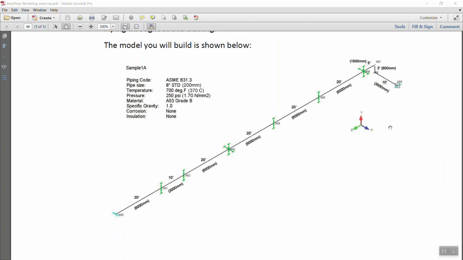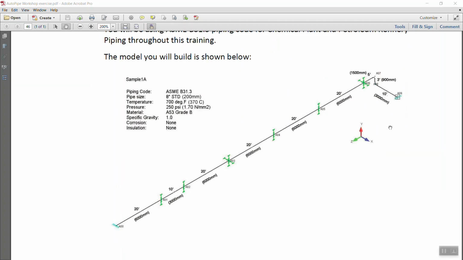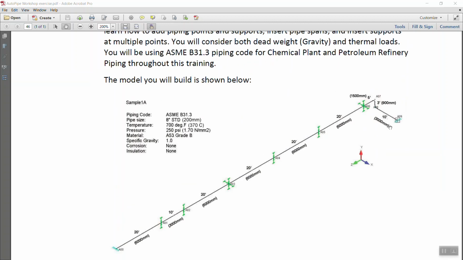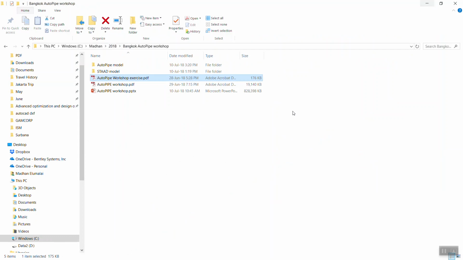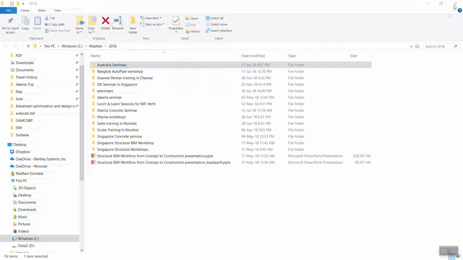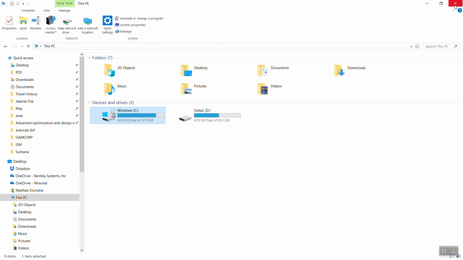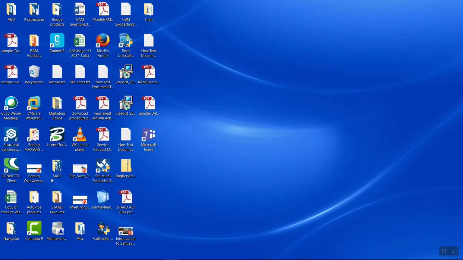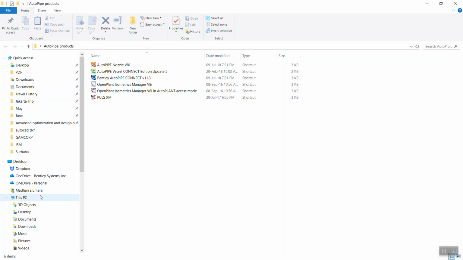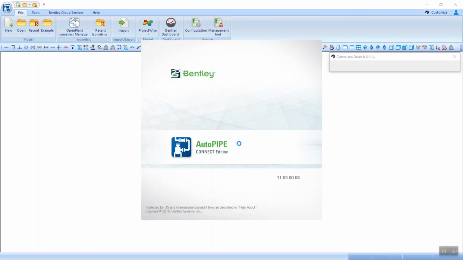Okay, so let's get started on a live demo on AutoPipe, and I'll explain how easy it is to complete this project from scratch till the end. So I start with the AutoPipe software from scratch. I'm using the latest version of AutoPipe Connect Edition, version 11.3, and this is the